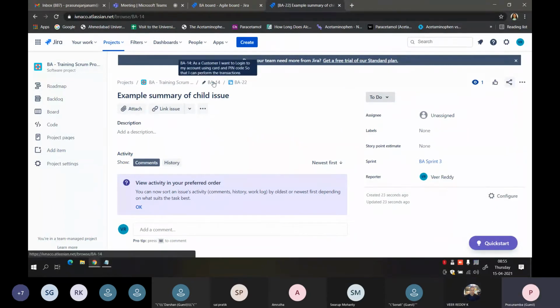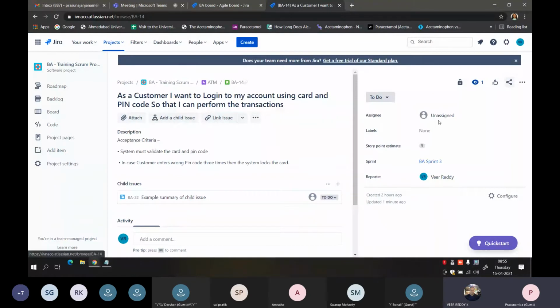If I have to complete this story, I can complete it, not an issue, even with the subtask in the open state. Because this subtask is again an independent task that can be performed without depending on the main story. So these are small pieces of work that need to be done independently.